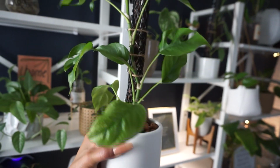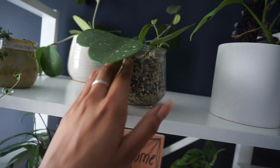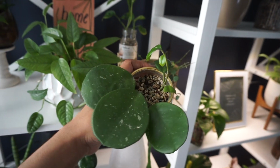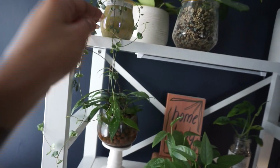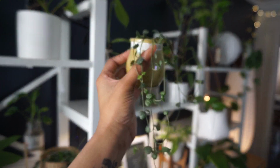But it still is staking up the plant pretty well, so I'm still happy with it. Another Hoya obovata here that I have potted in pon. It seems to be doing okay, still very juicy and vibrant. This is one I'm really excited about because when I first potted this up,